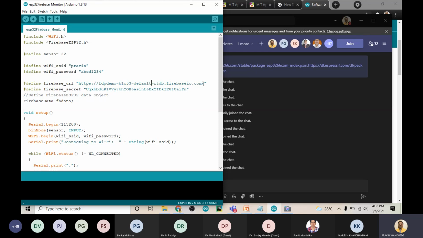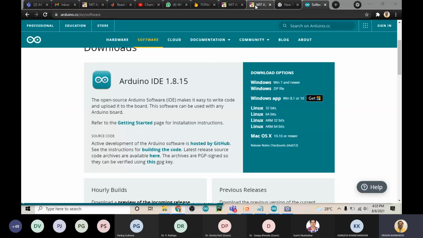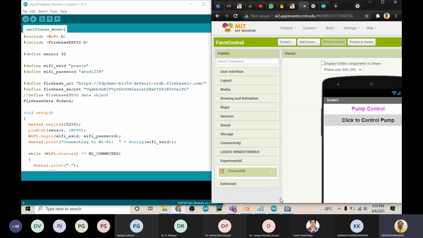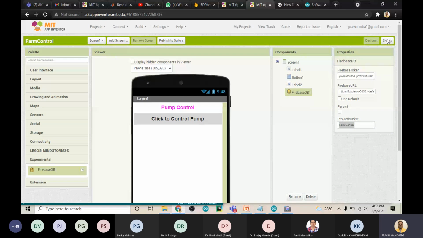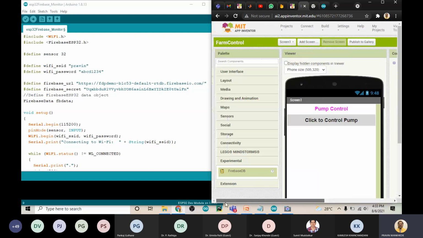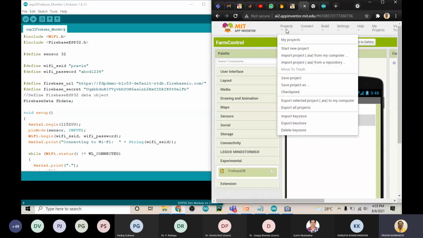Whichever app development tool you are using, say MIT App Inventor, you can see here the monitoring app projects.